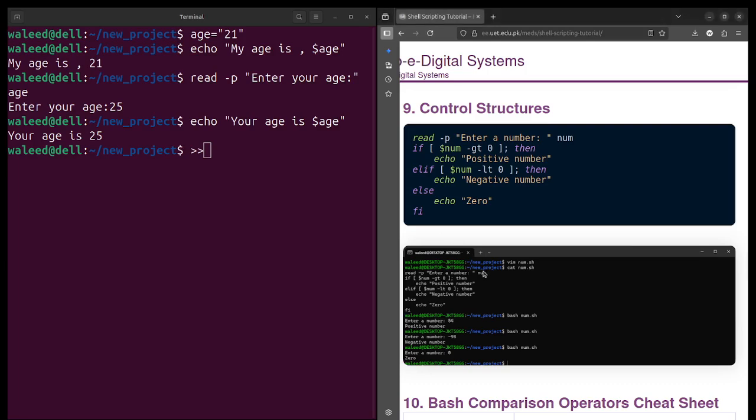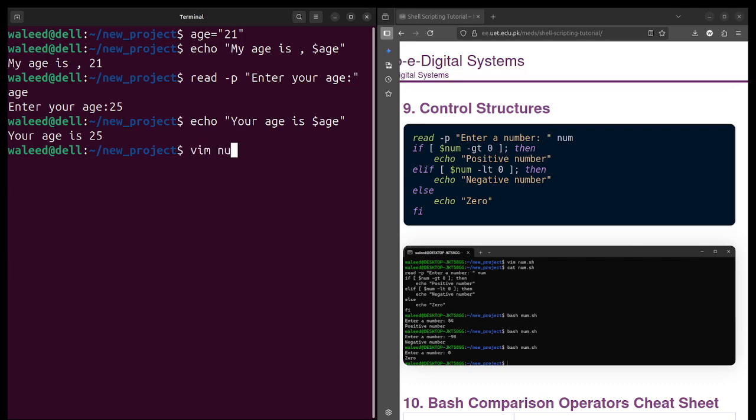Okay, so now let's finally write a program in bash. This program will print positive number if the number is positive or greater than 0, and will print negative number in case of negative, and will print 0 otherwise. So let's make a file using vim.